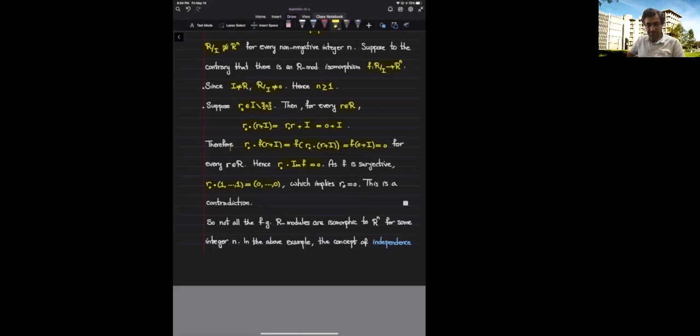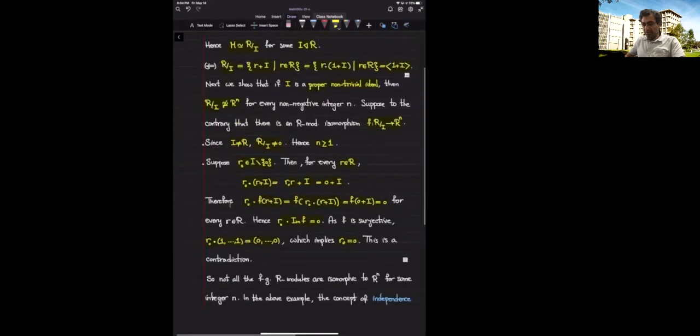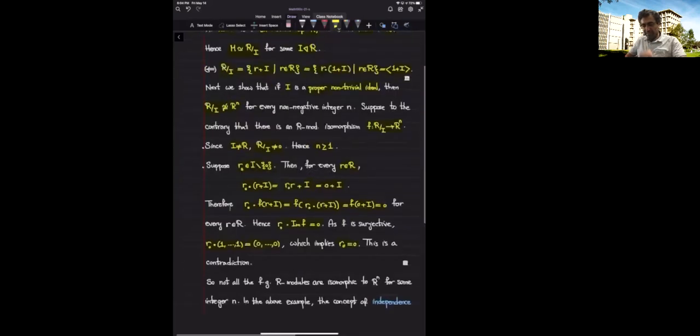But that's not possible, because when I multiply R naught by this vector, I get R naught, R naught, R naught, R naught, and that's supposed to be 0, which means that R naught is supposed to be 0, but that's not the case. We chose it in a way that it's not 0. You get the contradiction, and that's exactly what we wanted to get. So very good. So we showed, this shows an example